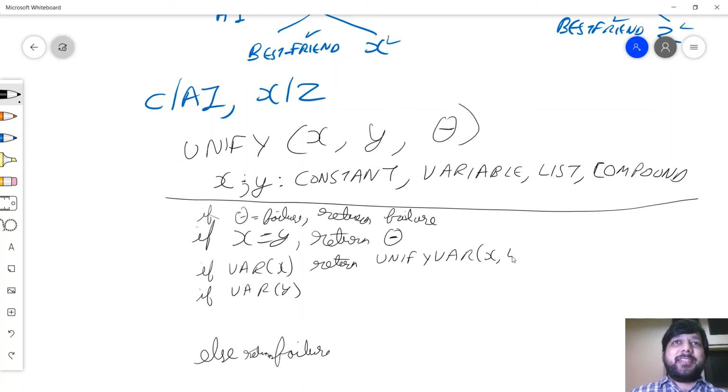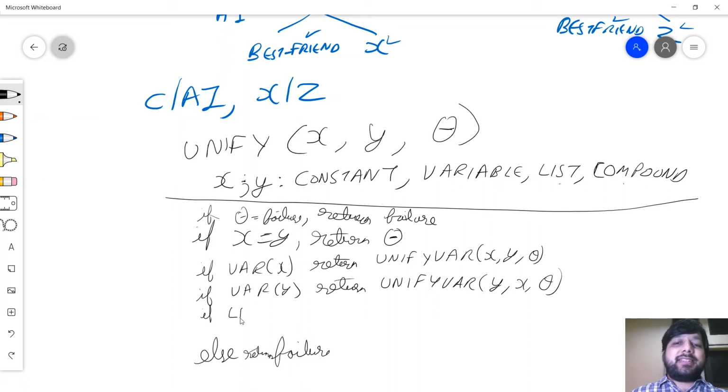So if x is a variable, and if y is a variable, I return unify variable. I'm yet to write this up. So y is the variable goes first. And then it could be a list or a compound.